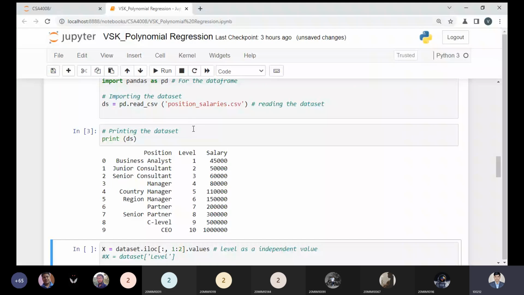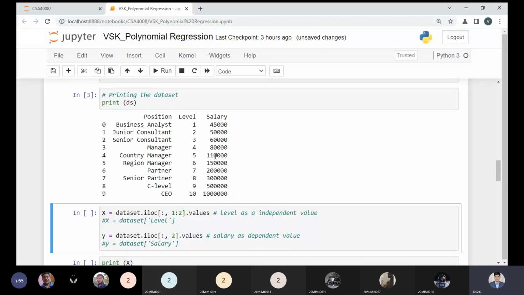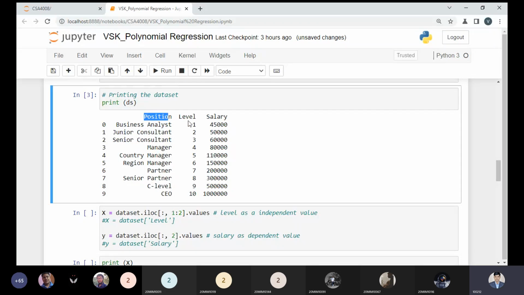After executing and printing this code in front of you, you can see position is one attribute, level is one attribute, and salary is one attribute. For position we have analyst and so on, and respectively we have one level. As an entry level, when you join an industry, your job will be a very low profile. But when you reach the high level, you become the CEO of the office.